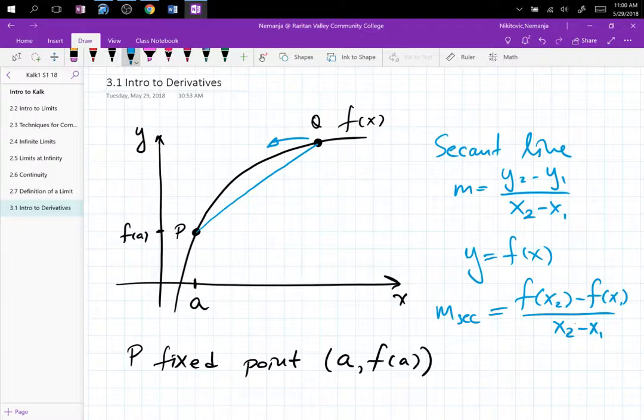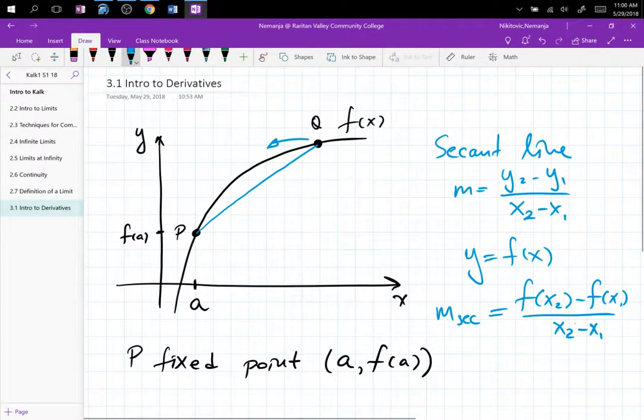So Q in time is going to start to move along the black line, right, the function line,